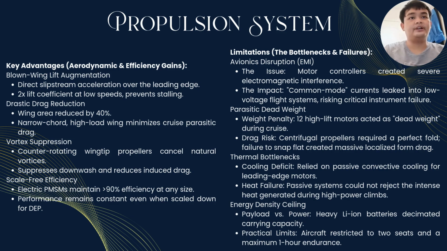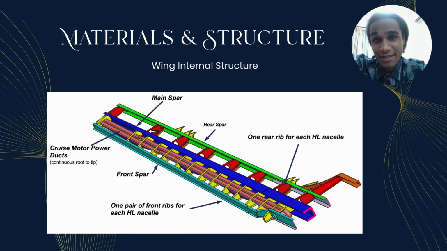The limitations of this aircraft are the electromagnetic interference and the parasitic wake, since it uses 12 high lift motors. Another is the thermal bottleneck, since it relies on passive convective cooling for the leading edge motors, and a passive system cannot reject the intense heat. Another is the energy density ceiling, payload versus power. Heavy lithium-ion batteries decimate carrying capacity, with practical limits restricted to two seats and a maximum of 1 hour of endurance. The X-57 retains the Tecnam